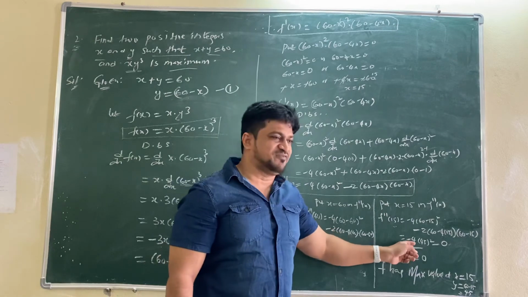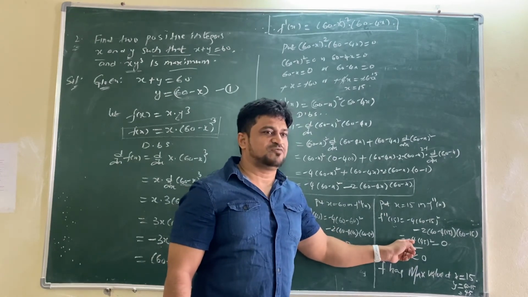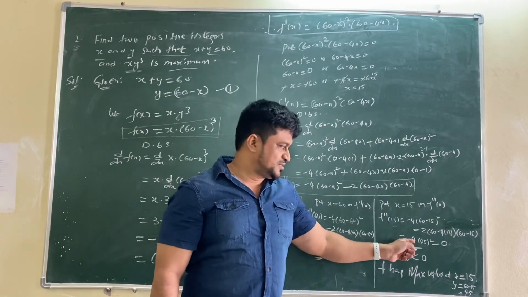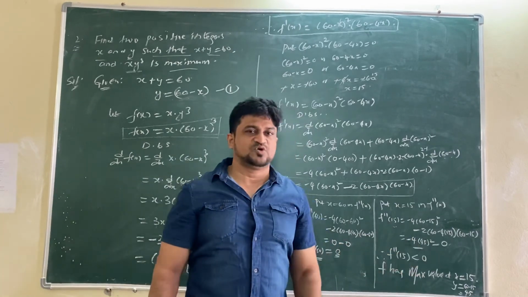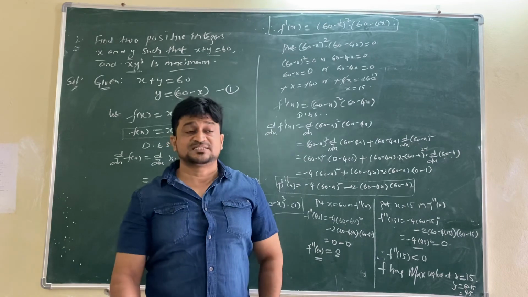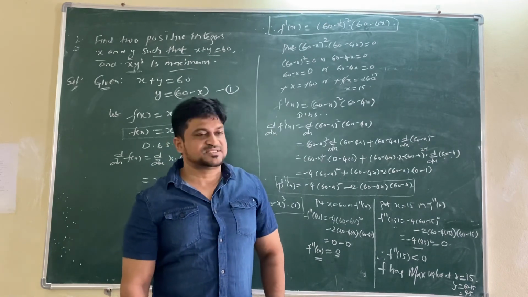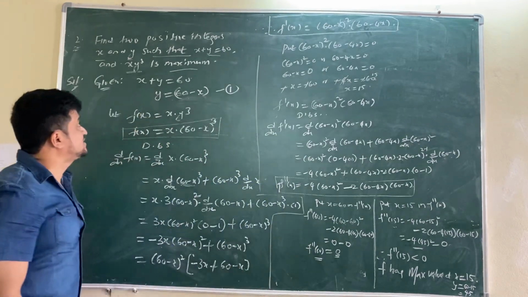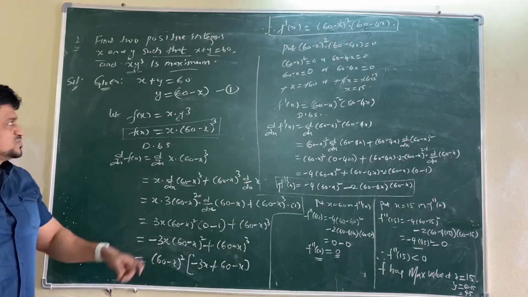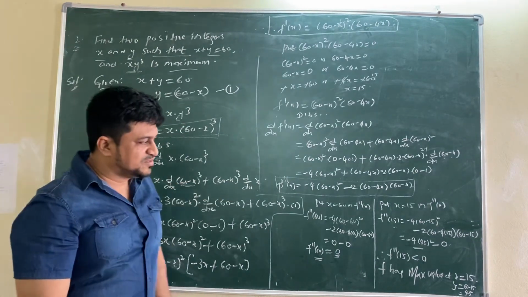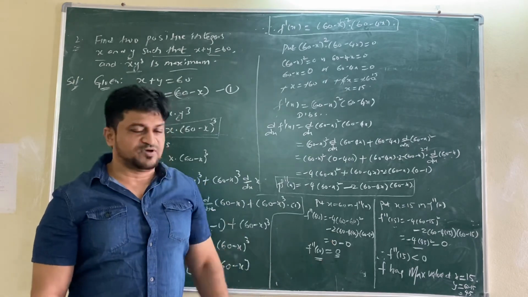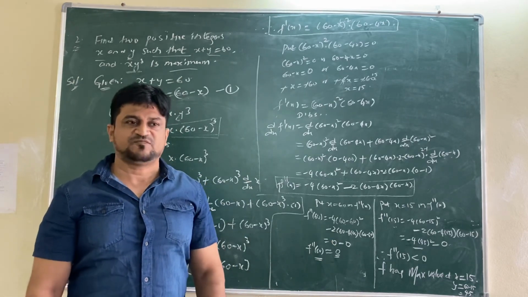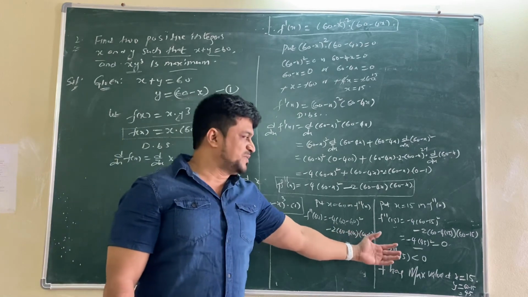Here we got negative value. Once we got negative value, what we can do? Maximum. Yes, we can write f double dash of whatever we have done is less than 0 means negative. F has maximum value at x equals to 15. But we need x value or x and y value both? X and y. So take y equation and substitute in the x 60 minus 15 in that equation. You will get the value 45. X is 15 and y is 45. Then the value is maximum. Okay.